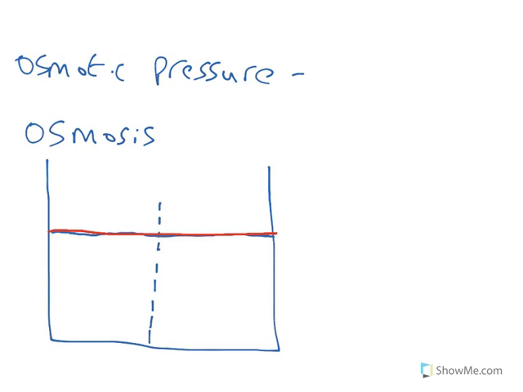This partition here is something called a semi-permeable membrane. That means some things can get through it. Semi means kind of, and permeable means get through it. So you can kind of get through it. And how do you kind of get through it? Well, if we take water,